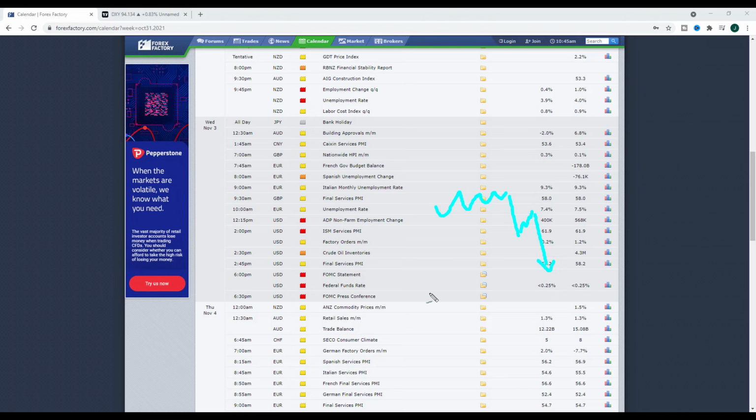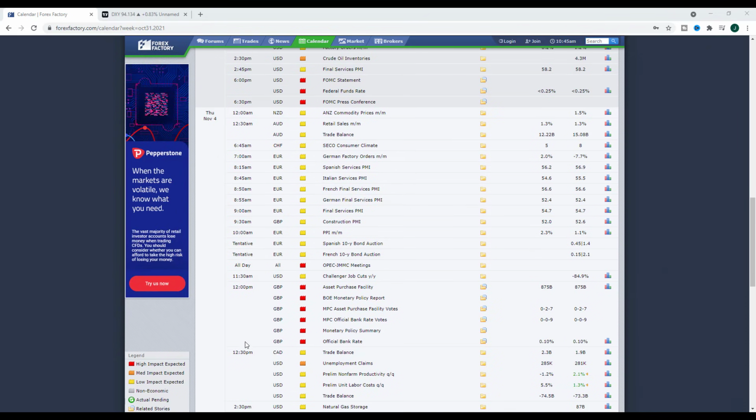So if you have to wait a couple of days in order to get involved in the dollar pairs in the markets, it's not a big deal just to wait and see if we get strong moves from FOMC on Wednesday. And again, as I say, this could quite easily provide the direction of travel for the rest of November. If we scroll down further, you can see we also have an interest rate decision out of the UK,